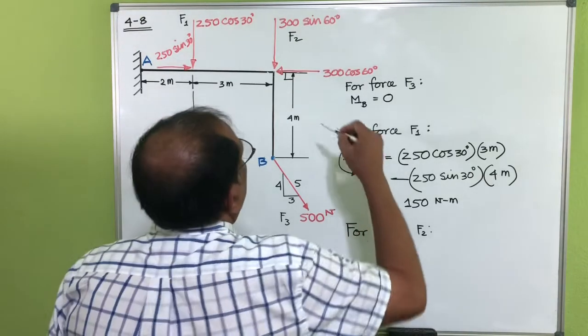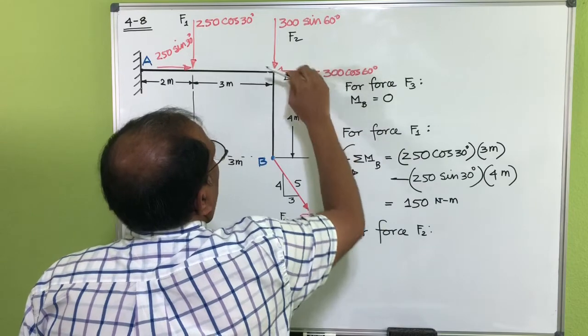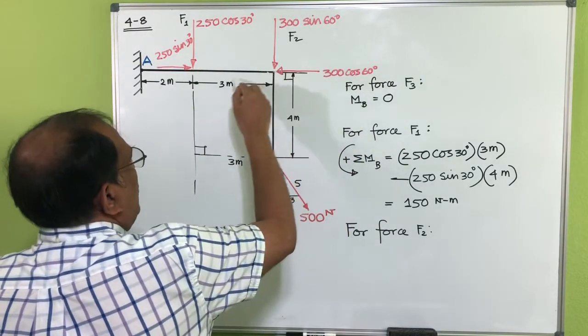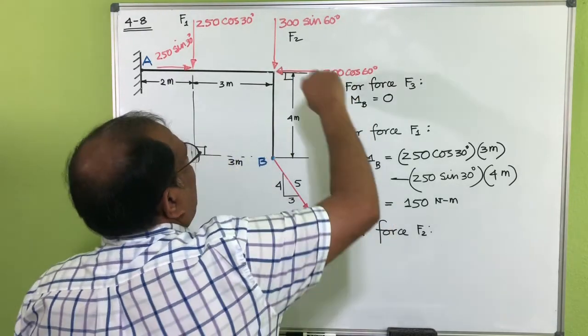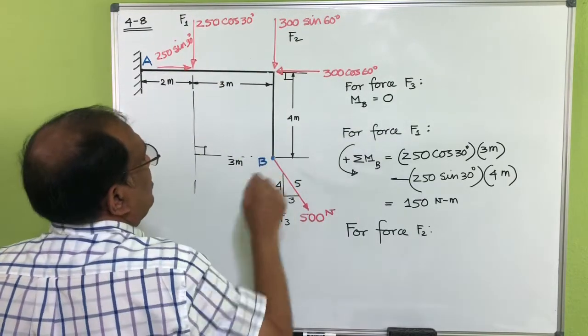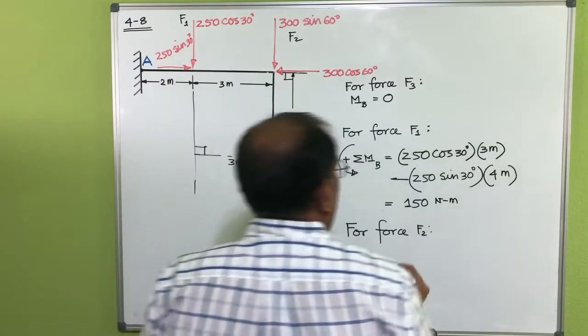So the only moment I have is this one here, okay? Now if this one wants to rotate about point B, it has to go like this, right? Or it can go like this, but if it goes like this, that basically doesn't include point B. So this one is a negative sign, so